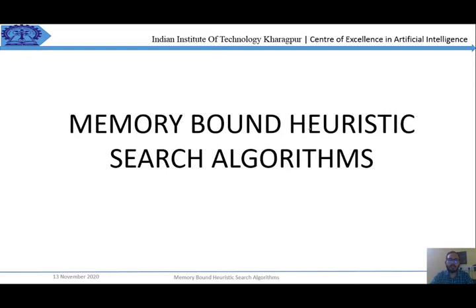Till now, Dipankar Mandal has already stated the shortcomings in the search algorithms. Whether we use the heuristic or we don't, the shortcoming is related to memory. Sometimes it goes exponential. To mitigate that shortcoming, a memory bound is kept on the searching algorithm that uses a heuristic. There are two algorithms that I am going to discuss in this presentation.